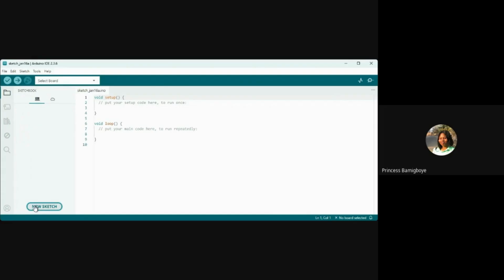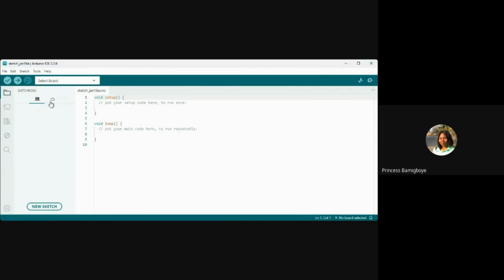Like now, if I click new sketch, it's going to open another window for me to write another code. But I do not want to do that, even though it has already opened. New sketch is basically for when you want to open a new window, like how you press Control N on Microsoft Word. New window, new code, new page.